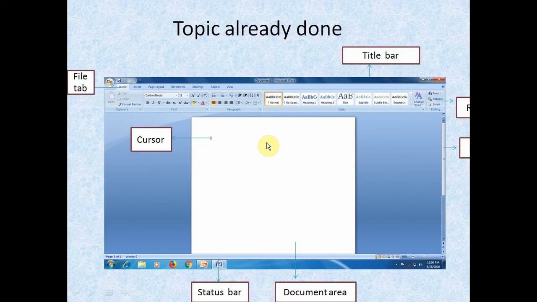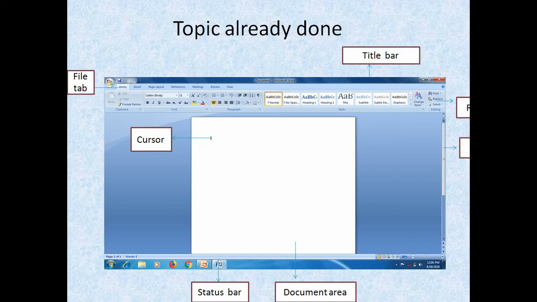Features are given on page number 32. Some of the features are: we can change existing text. Existing means the text that we have already typed and saved. We can copy and move text.